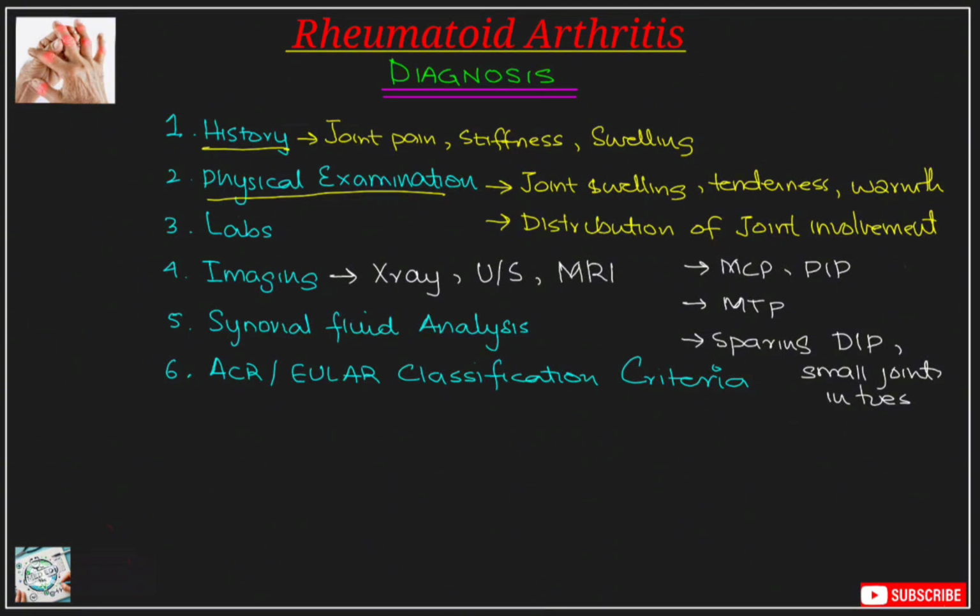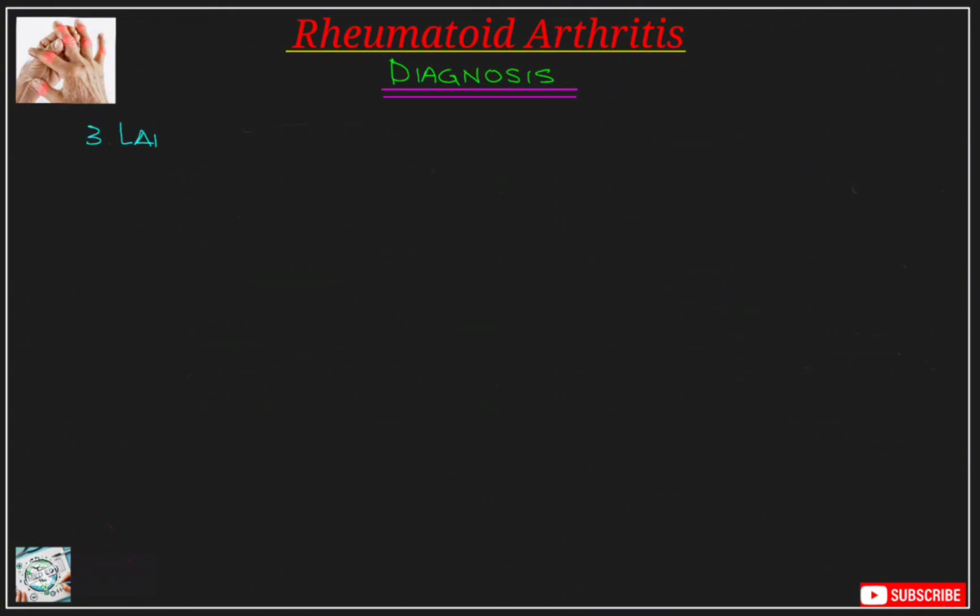We can also look for extra-articular manifestations like rheumatoid nodules, vasculitic lesions, or eye lesions, which can suggest more severe disease. Apart from these, patients may also have systemic features like fever, fatigue, and weight loss. What about the lab investigations? The laboratory findings play a crucial role in diagnosing and assessing the rheumatoid arthritis, with the most important being the